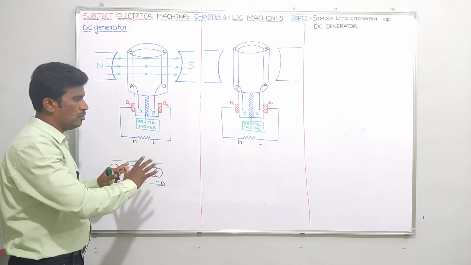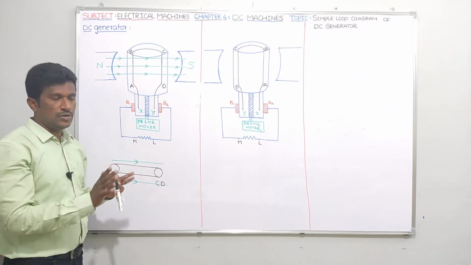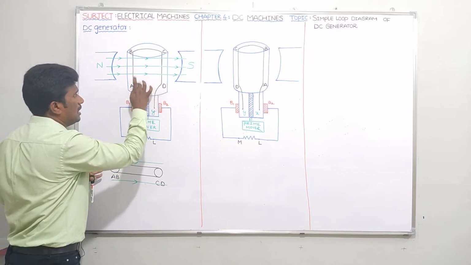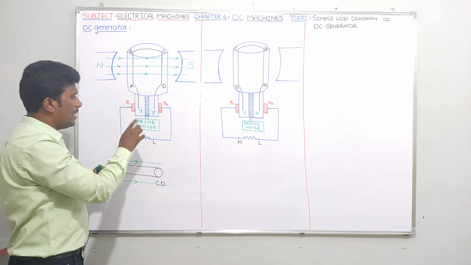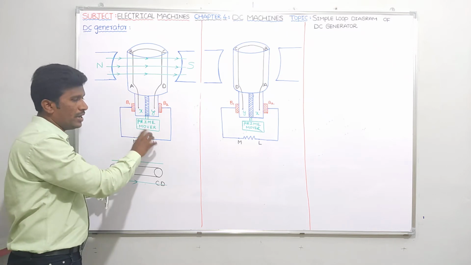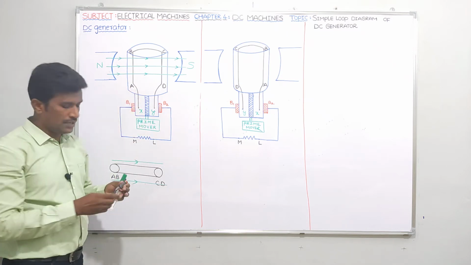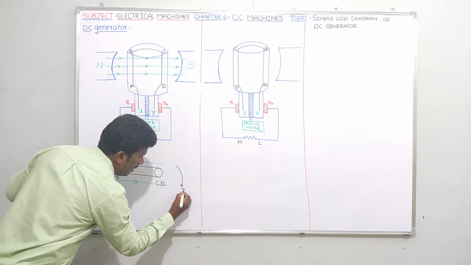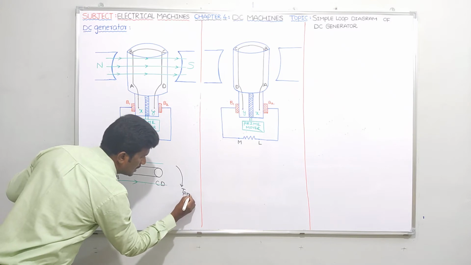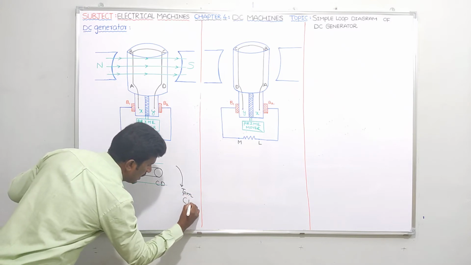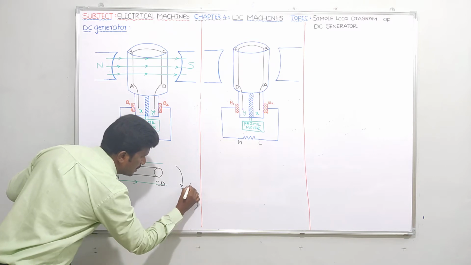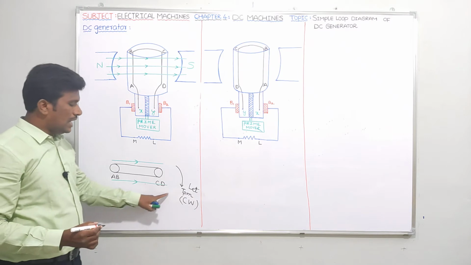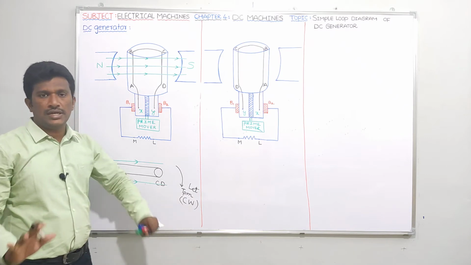From here you have to be very careful. So please try to follow slowly. Let us assume that we are moving this conductor ABCD, by using a prime mover in clockwise direction. That means let me take the direction of prime mover torque in which direction? Clockwise direction. Please, guys, it is the assumption only. Let the direction of prime mover torque be assumed in a clockwise direction.